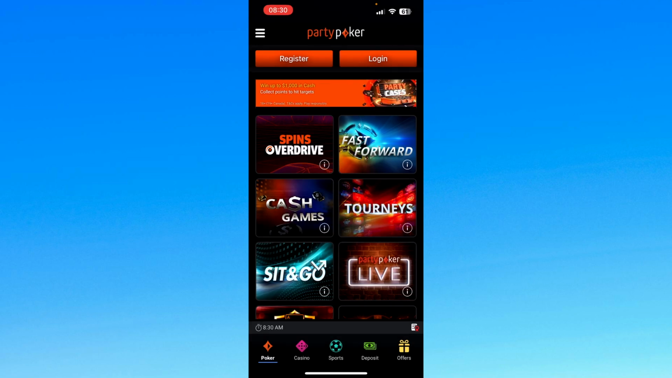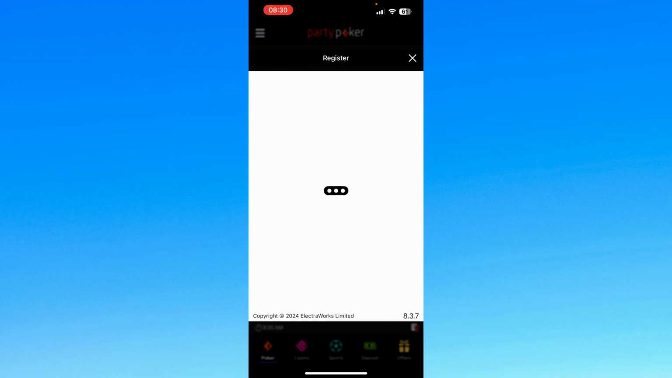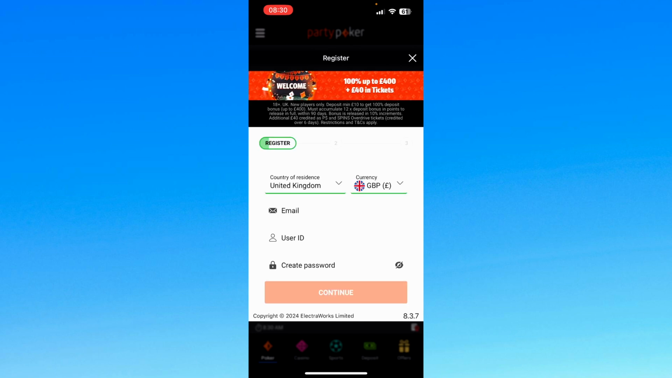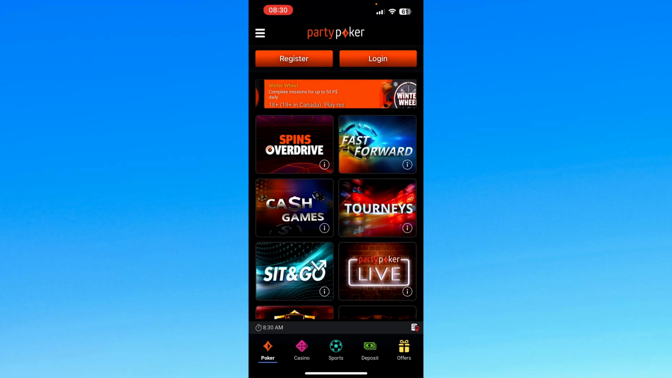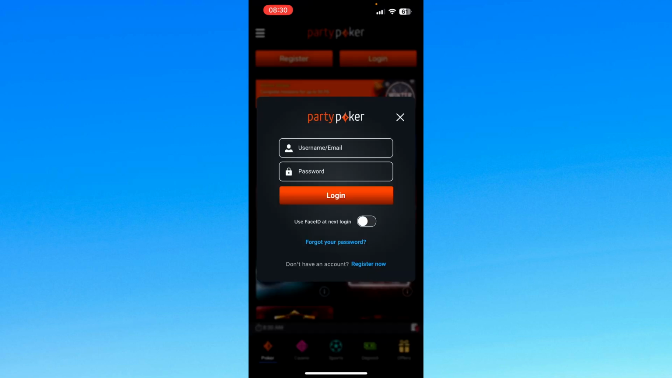And there we go guys, we can see that we've fully successfully downloaded the Partypoker mobile app, and we can go to the register button on the top left. If you do not have an account yet, you can go in here, give your email, user ID, create password to create your account. I'm going to back out of here. On the top right, there's the login button. If you already have an account, type in your username or email address, your password, press login and start playing